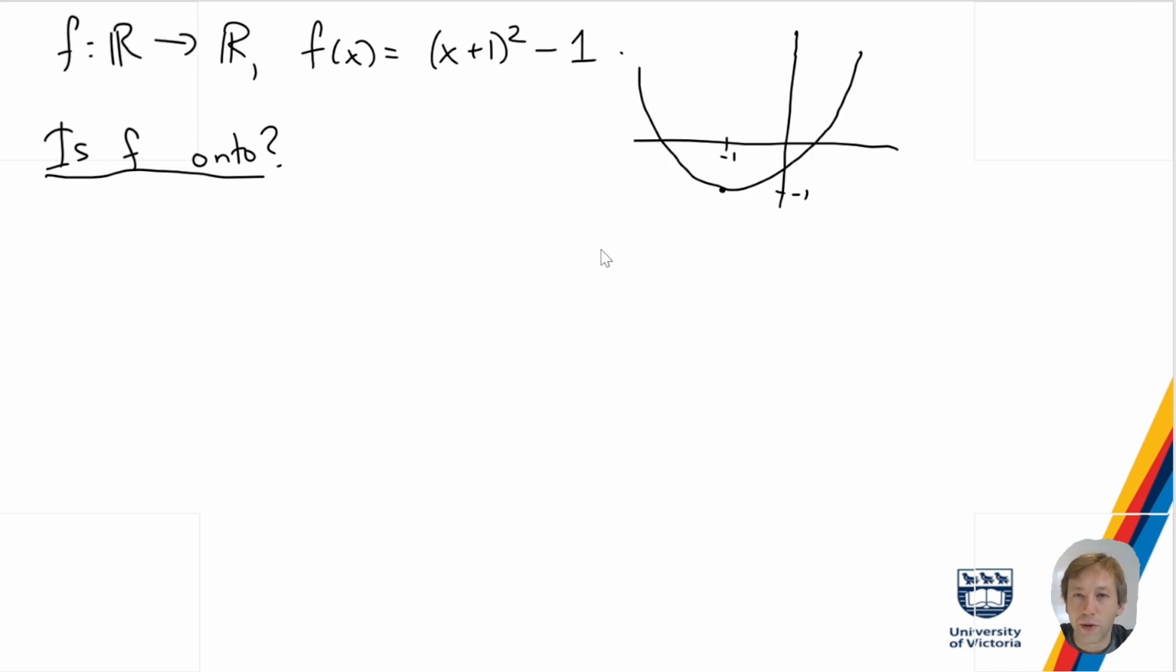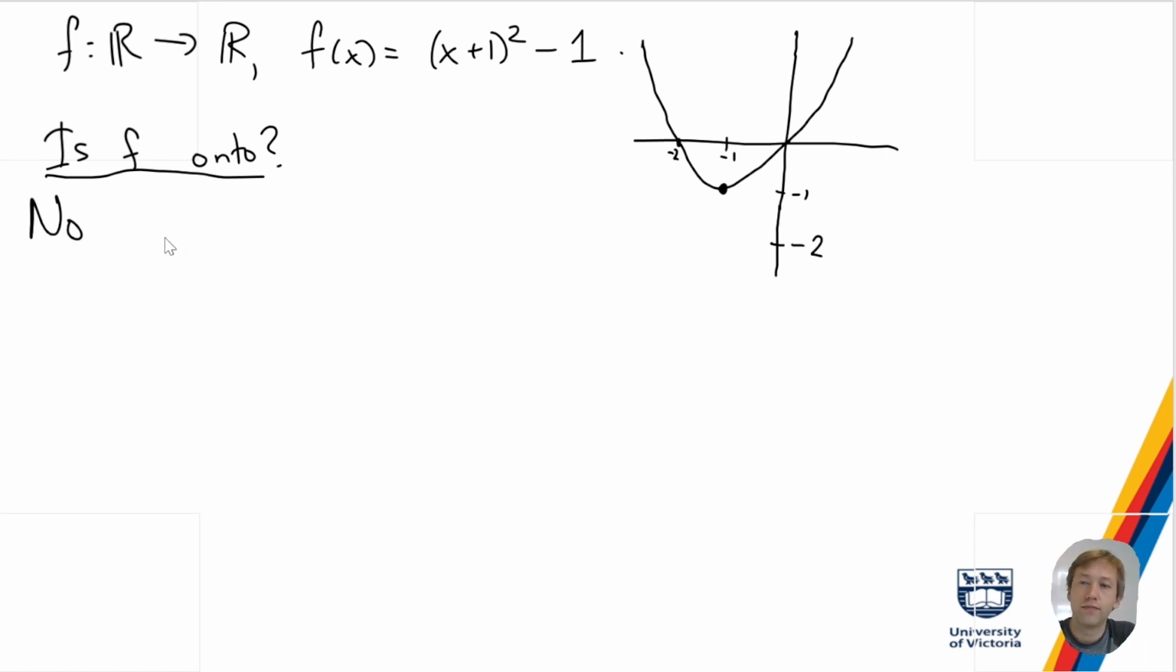That's probably horrible. I'm going to plug in 0, it should be 0. So maybe I'll draw it a little bit more accurately, and maybe it looks something like this. Okay, I think this is still terrible, but whatever. Okay, so is this onto? Well, I think it's clearly not onto, right? Because you can see the minimum point is at -1. So it's impossible, for example, to plug in a value and get -2. So the answer is going to be no here